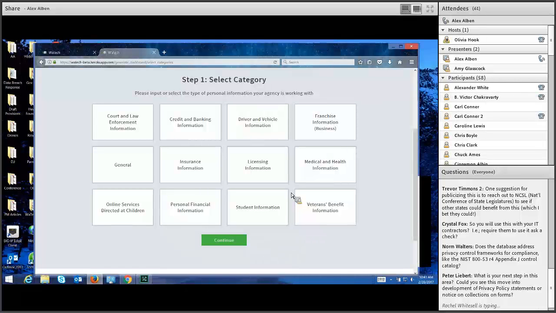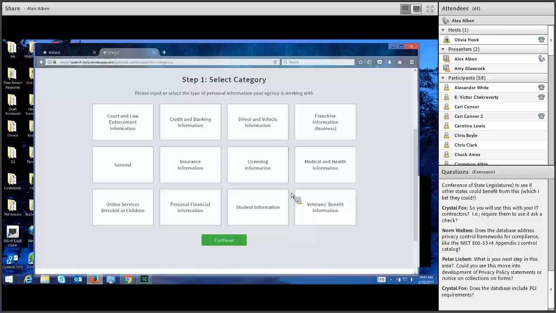Next question, what is our next step? Could you see this move into privacy policy statements or notice? I would like to see this widely distributed. It occurs to us that privacy modeling has application beyond just state government.